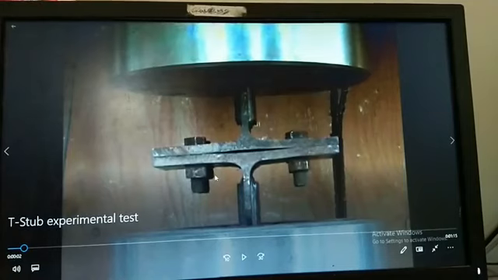Prying action is an additional force required to control the deformation in between two plates. See, here is the joint, but you can't make a joint here. Why? Because where the plates are flexible, there is a possibility of deformation in between these two plates, isn't it? So you can't do any connection over here.